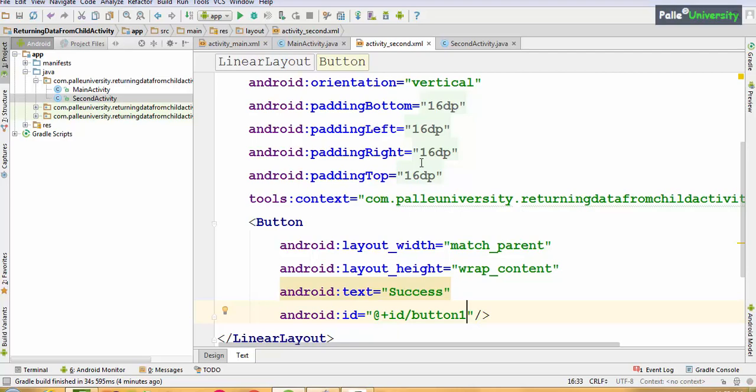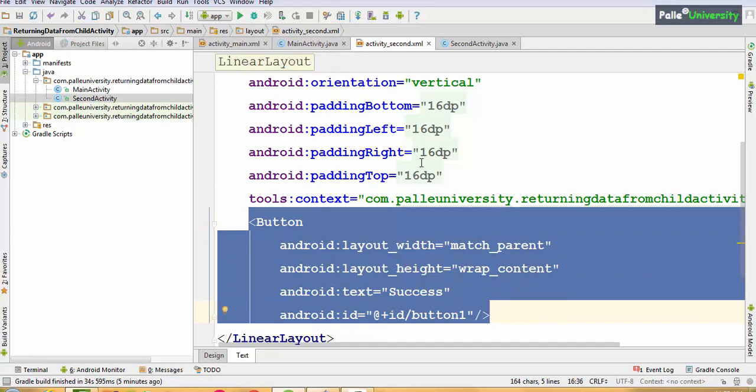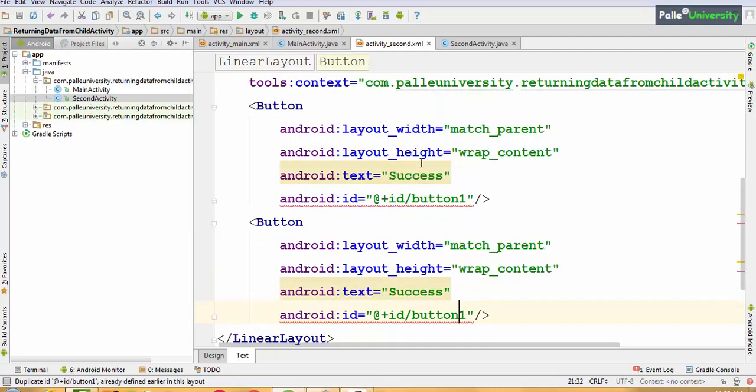Remember, though we have taken ID button 1 in the first activity, you can still use the same ID name in other activities also. There will be no problem. I will copy paste this because we have to take one more button also, and I will simply change the ID to button 2, success to failure.